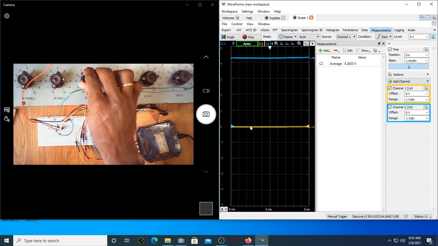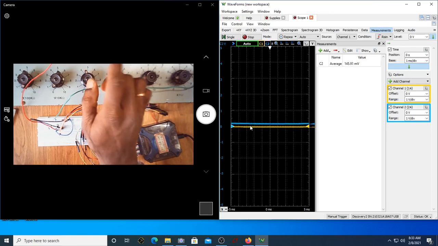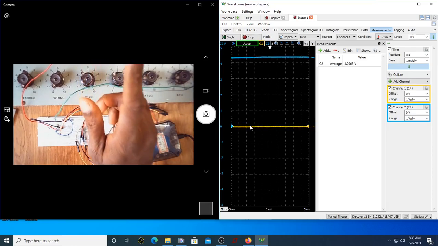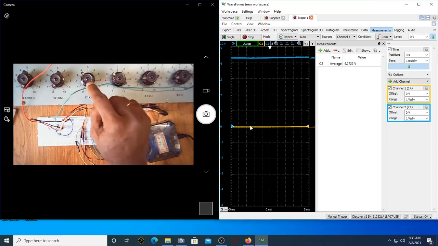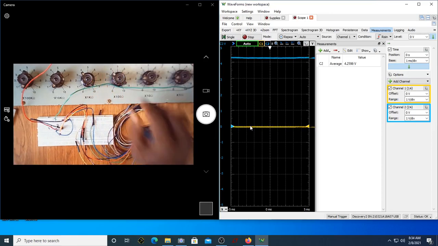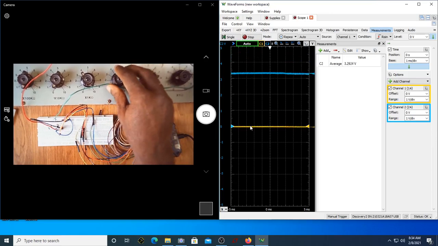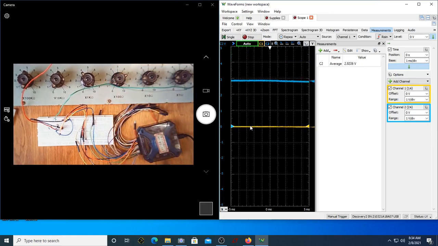Suppose if you are operating only here, then you are in trouble. If you go to a higher resistance, it goes down. If you go to lower resistance, it goes up. So in such case, you make it slightly larger in terms of voltage, then you can play with this. Now we can just keep on reducing this value or increasing this value so that it comes down to almost 2.5 volt. Now we can see it's almost 2.5.